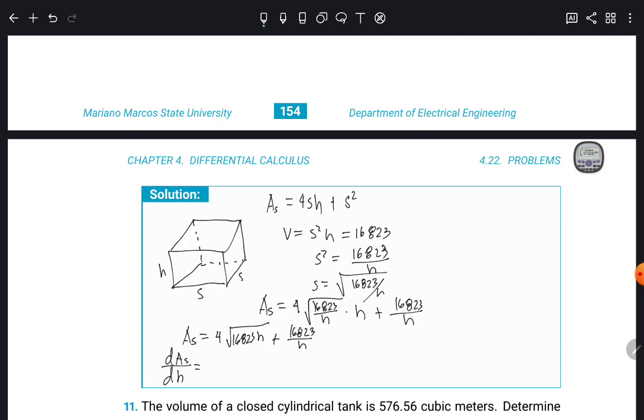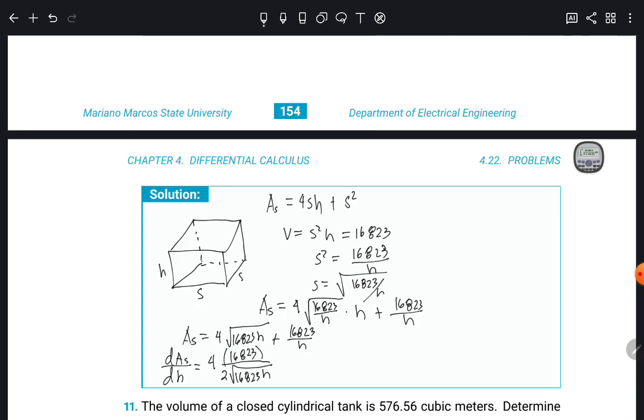This will be 4 all over the derivative of the square root, so 2 square root of 16,823 H, and at the top, the derivative of what is inside,